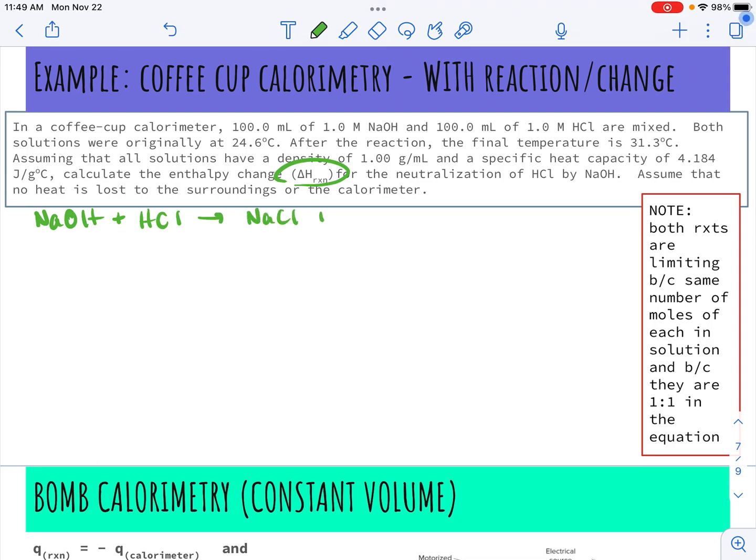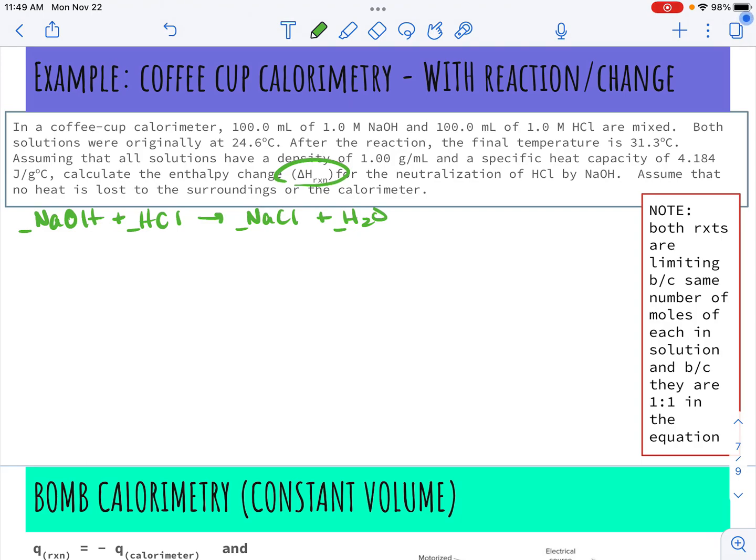That would give me sodium chloride and water. This is an acid-base reaction, and it's balanced the way it is. So all of the coefficients in there are ones, and this makes this pretty straightforward. Okay. The next thing that I need to figure out is whether or not there's a limiting reactant. So notice that they gave me 100 milliliters of each of my solutions, and they're both 1 molar. So this means that because I have the same volume and the same molarity, I have the same number of